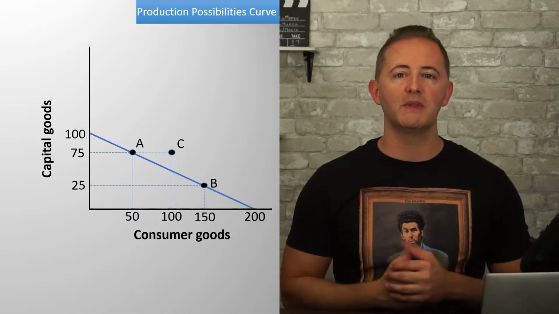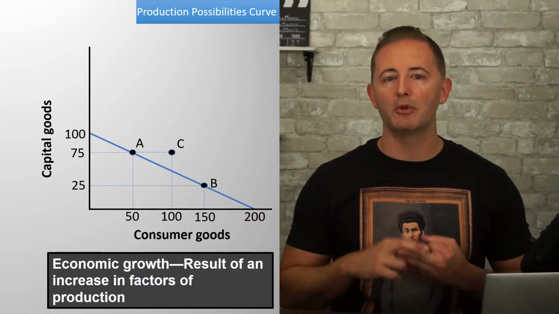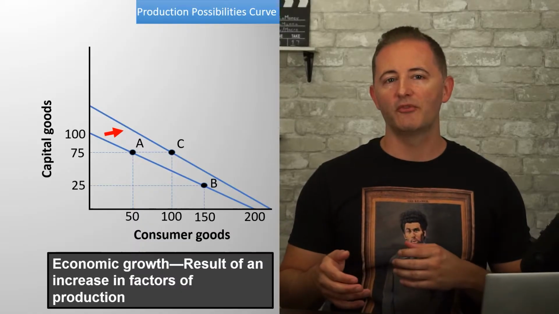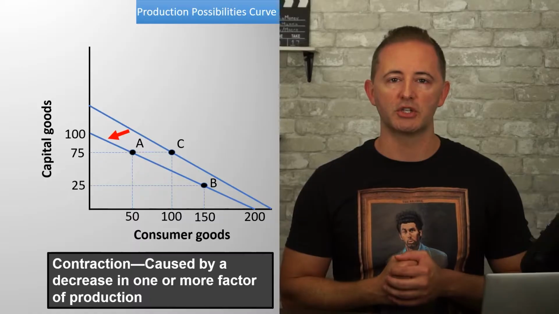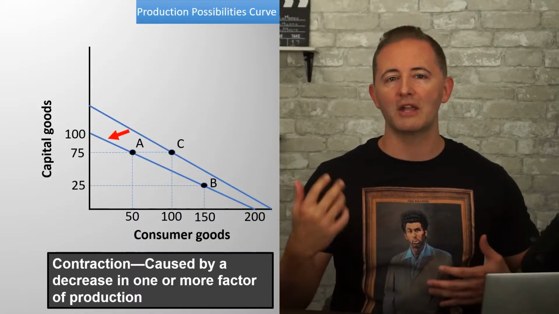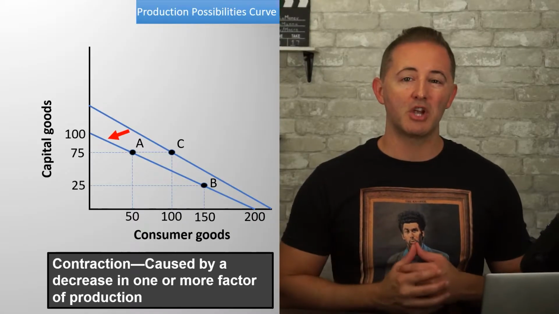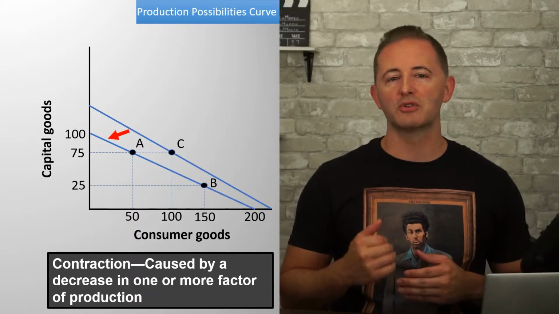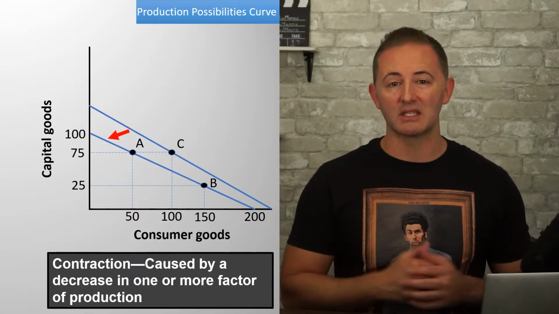Economic growth occurs because of an increase in the factors of production. So if land, labor, or capital increases, our economy will be able to produce more. Now, it is possible for the PPC to shift inward as a result of a decrease in our factors of production, perhaps caused by a war or natural disaster, and this is known as a contraction. Most economic contractions, though, don't cause the PPC to shift inward, but rather are simply the result of underutilizing resources we have but aren't using, like we just discussed a moment ago.